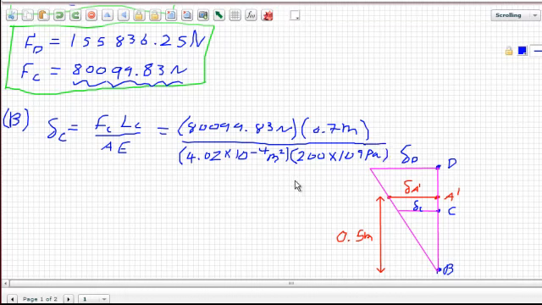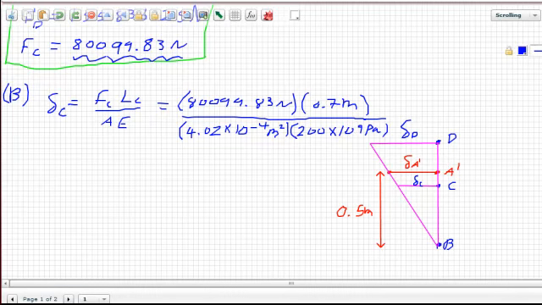Now I try to keep my units intact as best as I can, because I know that you can use dimensional analysis anytime during the examination to make sure that the answer you get is correct. So if you actually were to cancel out newtons with meter and meter squared and the units pascals, you would end up with the units meters. So if you actually do go through that as an exercise and you get meters, you know you're using the equation correctly here. So once you crunch all these numbers, you should get delta C to be 6.97 times 10 to the power of -4, which is a pretty small number, as it should be, because although